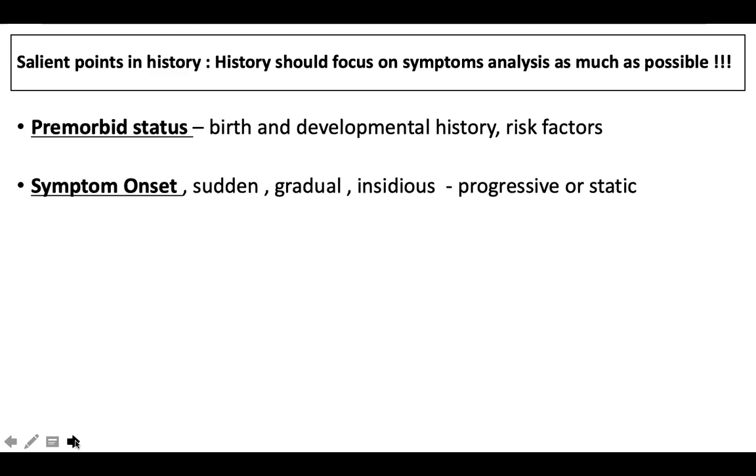And when you start on the symptoms pertaining to the eyes per se, we should be very clear about how the symptoms started and how they progressed, and whether that particular ophthalmological symptom has any other associated neurological symptom as well. The ophthalmological symptoms which usually come to neurology practice are vision loss and double vision, or unusual eye movements and unusual eye position.